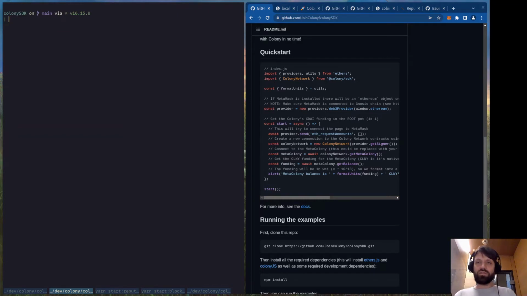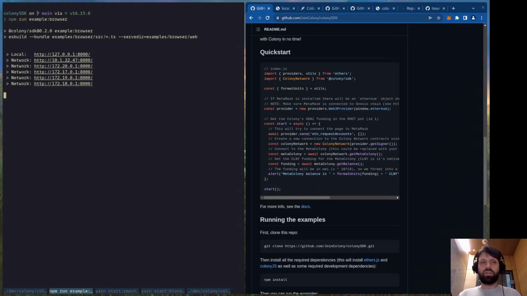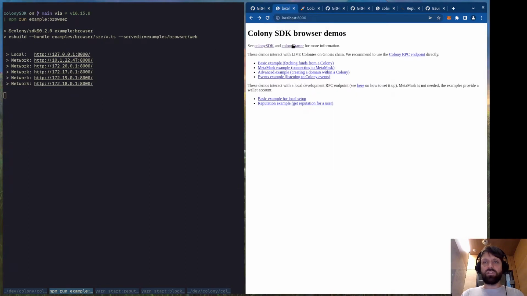So basically, just clone this repository. This is what I did. It's the only thing I did. I'm using a correct Node version, but I don't think it matters for this use case, because we are running everything in the browser anyways. And what you can do is just do npm run example:browser, and it will bundle everything and run the example in the browser. So this is the example now,